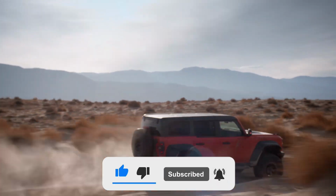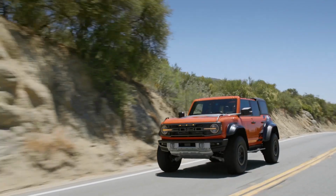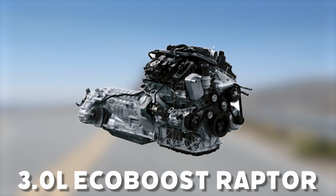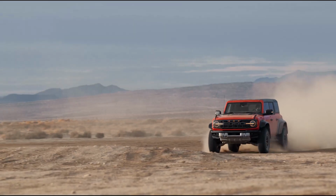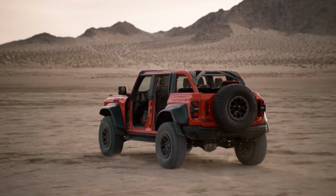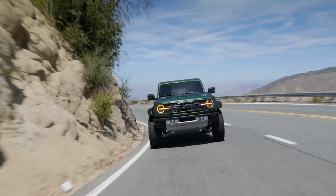Professional reviewers like Motor Trend call the Raptor might be the best factory-built off-road rig ever created, delivering surprising on-road refinement despite extreme capability. The 3-liter EcoBoost Raptor targets affluent performance enthusiasts who prioritize extreme off-road capability over fuel economy. This engine works best for buyers planning desert racing, rock crawling, and extended adventure travel where maximum capability justifies premium